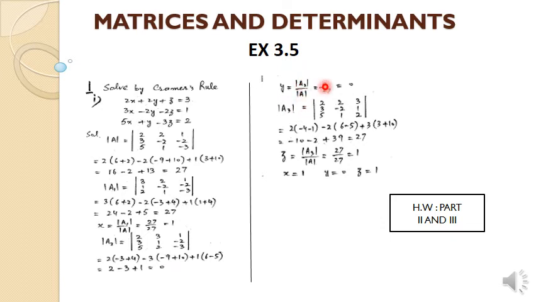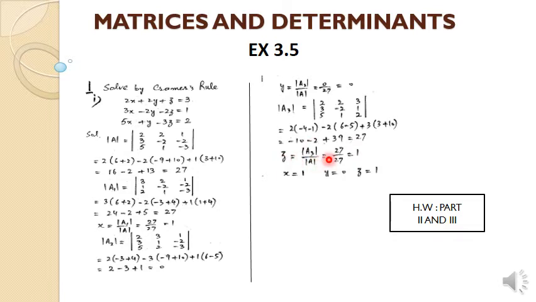And what is the formula of y? y equals determinant of A2 divided by determinant of A, and the value of A2 is 0 and determinant of A is 27, and 0 divided by something equals 0. Now similarly student, for A3 we have to replace column 3, which is 1, minus 2, minus 3, with the values 3 1 2, and then we take the determinant, we will get 27.